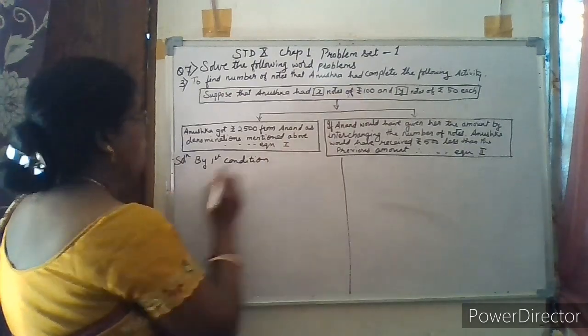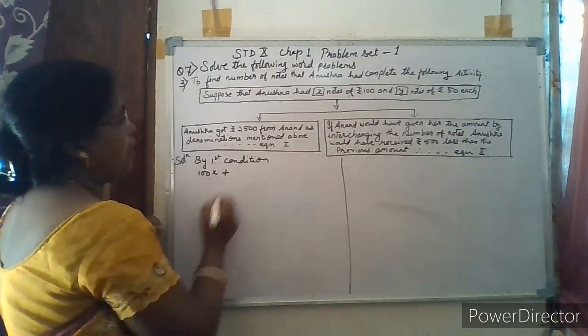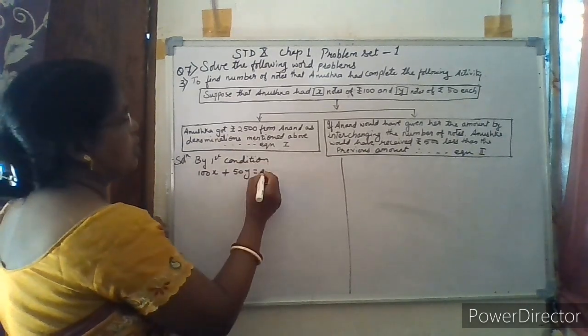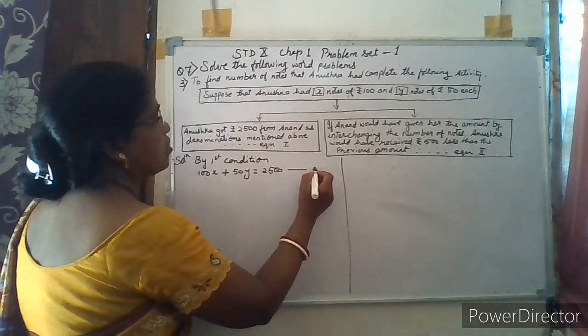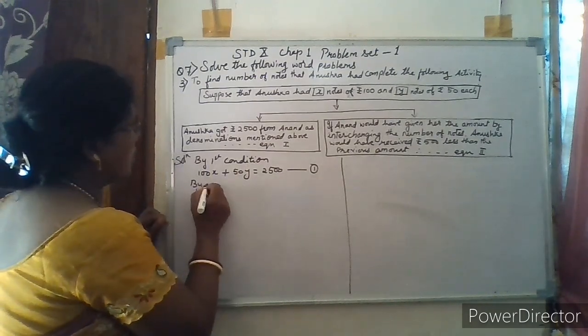X notes of 100, that means 100X rupees plus 50Y is equal to the total she has got, 2500. Let us take this as equation 1. Now by the second condition,